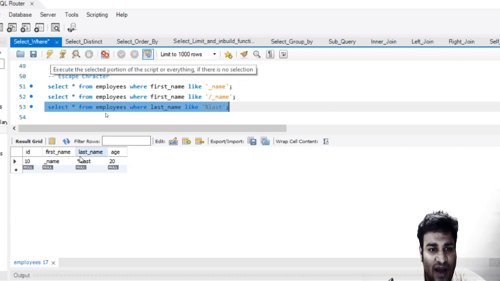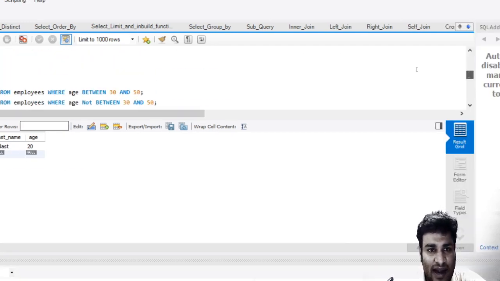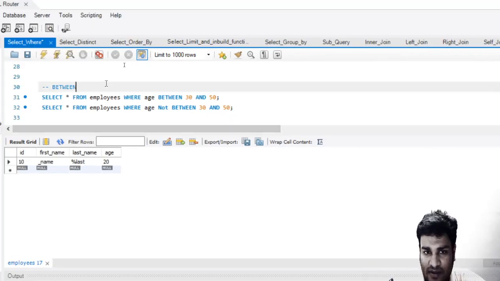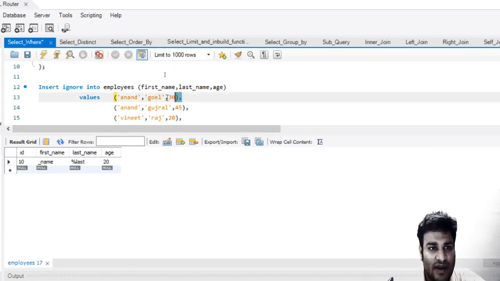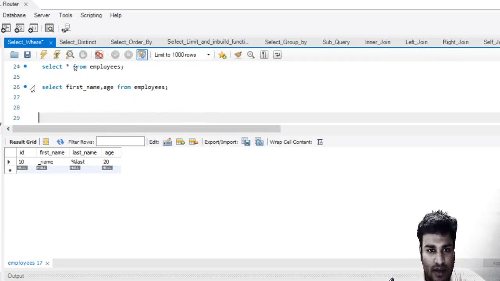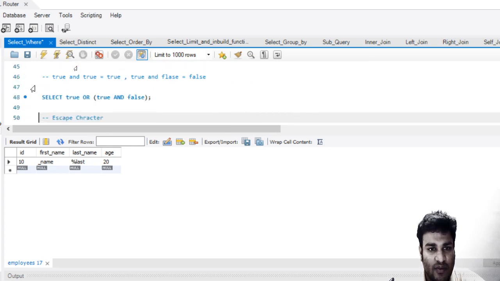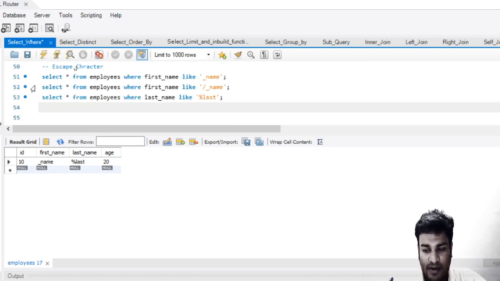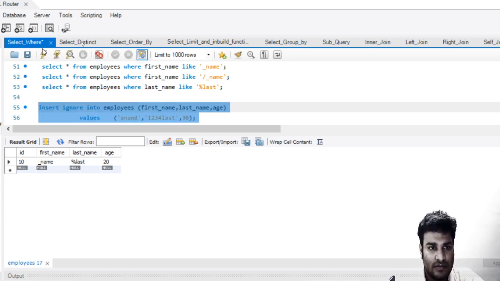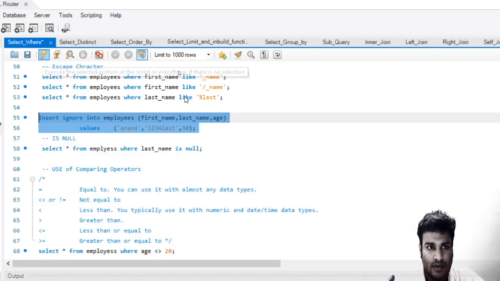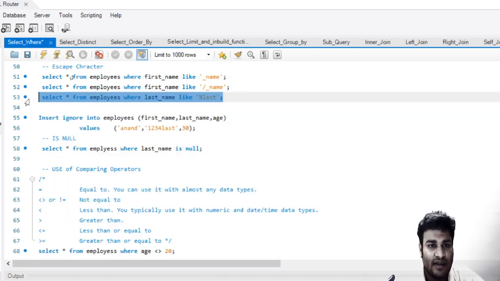You will be able to see it if I go ahead and enter another record which will clarify this thing. So I will insert another value over here. Let me copy it and bring it to the end where we're working, and paste it here and insert a value having this 'last', and before 'last' we'll just have 1 2 3 4. Let me insert this. Now I have inserted this. Let me run this again.